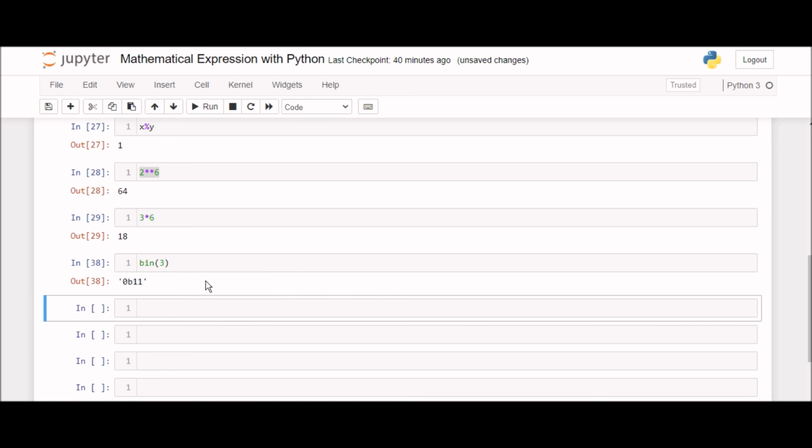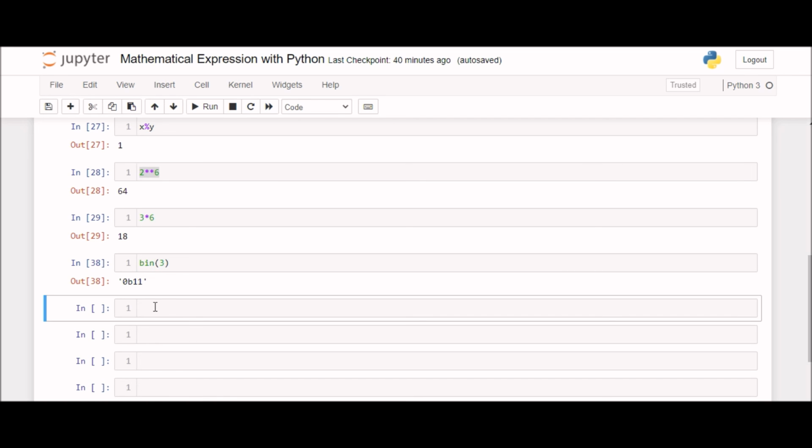It gives the output 0b11. I hope you all know very well what the binary of 3 is. The binary of 3 is 11. And here 0b is what? 0b is the prefix of binary. And if you want to remove the prefix 0b, how can you do it?